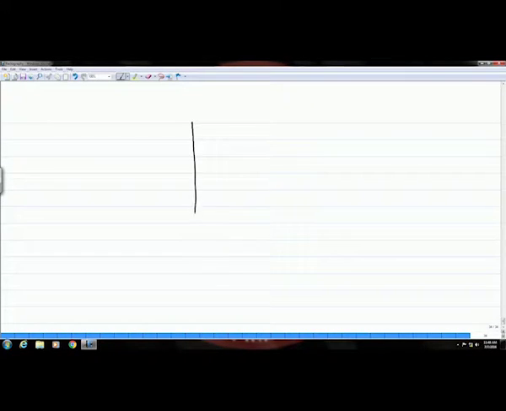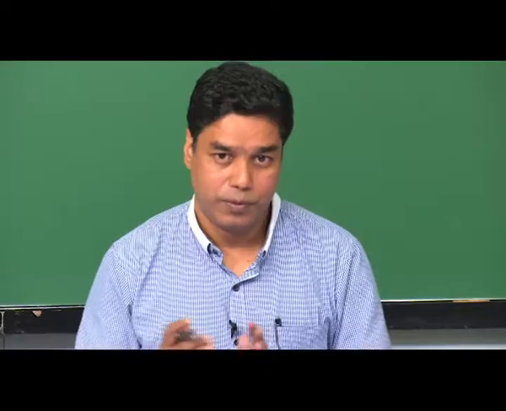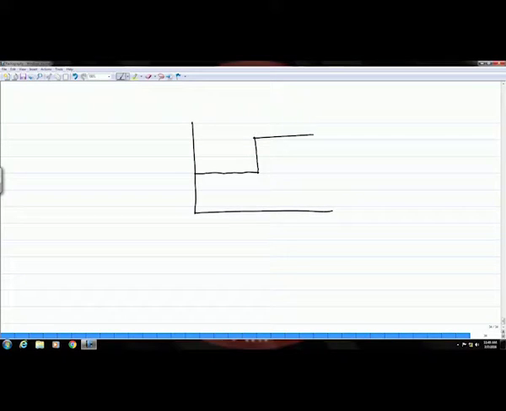For example, if you have an object and if you have a sharp change like this, a sharp 90-degree change in the curvature or in some section of the object, then if your X-ray machine is not able to reproduce this sharp boundary properly, it will give you a diffuse boundary like this instead of this sharp change.